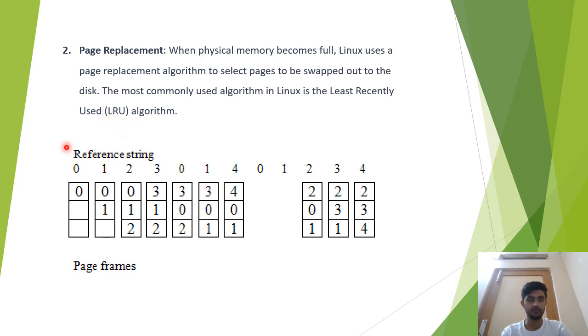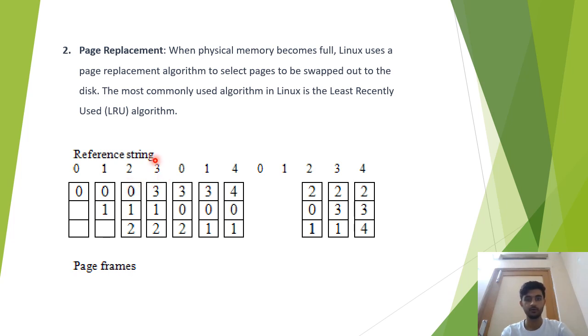Suppose the reference string first asks for page 0. Initially all the frames are unallocated, so it will be allocated a frame in the main memory. Then it asks for 1, so it will also be allocated, and then it asks for 2, so it will also be allocated. Now all the frames are allocated and there is no space left in the main memory, and